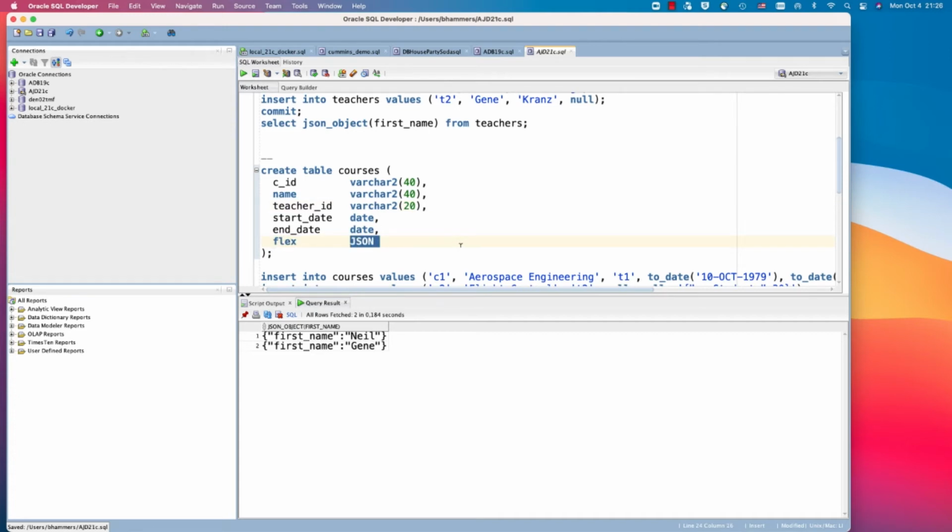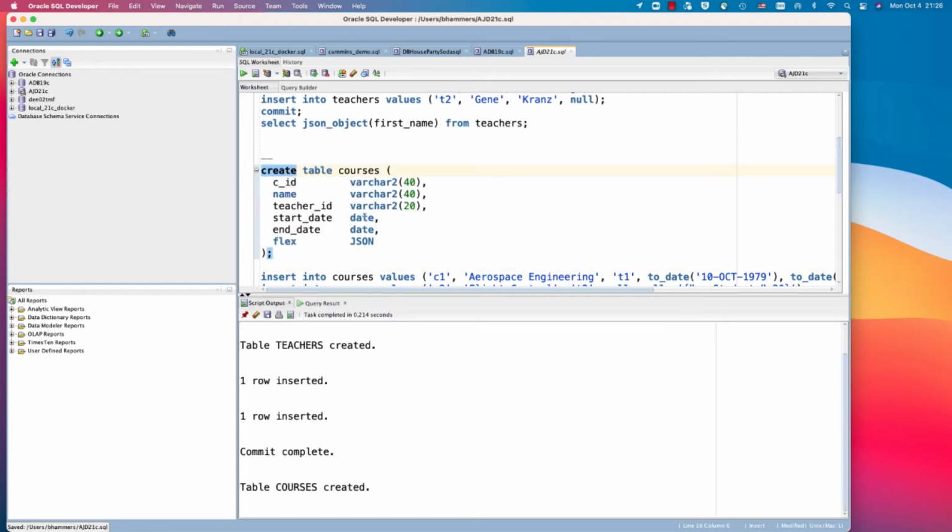So as I said, I run this on a 21C database where we have this new JSON data type with a binary representation on disk. If I was running this on a 19C, I could also store this as a blob or a clob, and I use the isJSON check constraint to make sure that all the data I insert is syntactically correct JSON. Good, so let's run this create table statement.